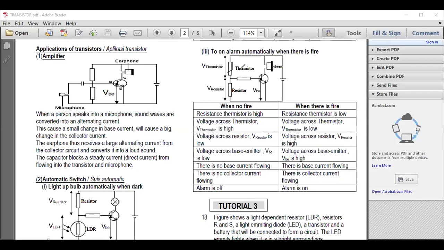Now, this one is, let's say there is a fire. You want to switch on the alarm automatically in case there is fire. Okay, so what happens is, you have to use another type of resistor, called a thermistor, from the words thermal resistor. Okay. Thermal resistor. So for thermal resistor,